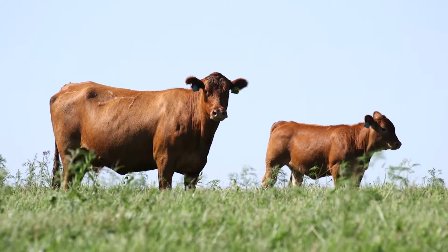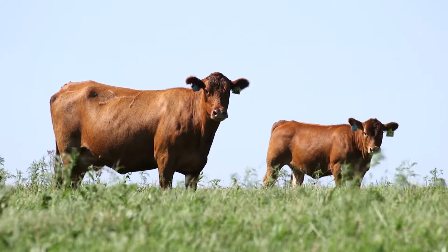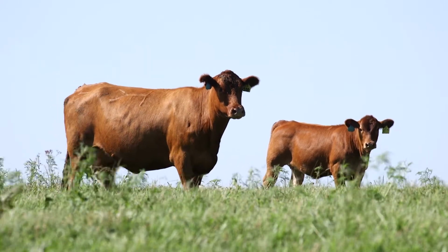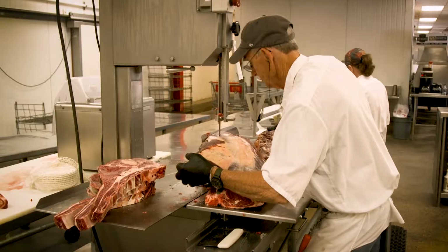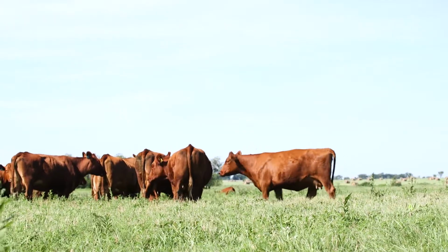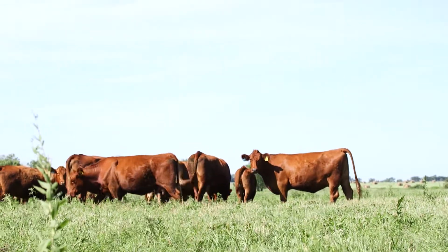The advantages that I see as a cattleman with the Red Angus cattle is a truer genetic base, not as diluted as some of the other breeds, a more consistent, convenient carcass for us as meat people to merchandise. The retail cuts are a little more manageable in size than some of the breeds that have a lot of exotic breeding in them. The cattle are very heat tolerant, which is an effect that I didn't realize we would see the benefit of,